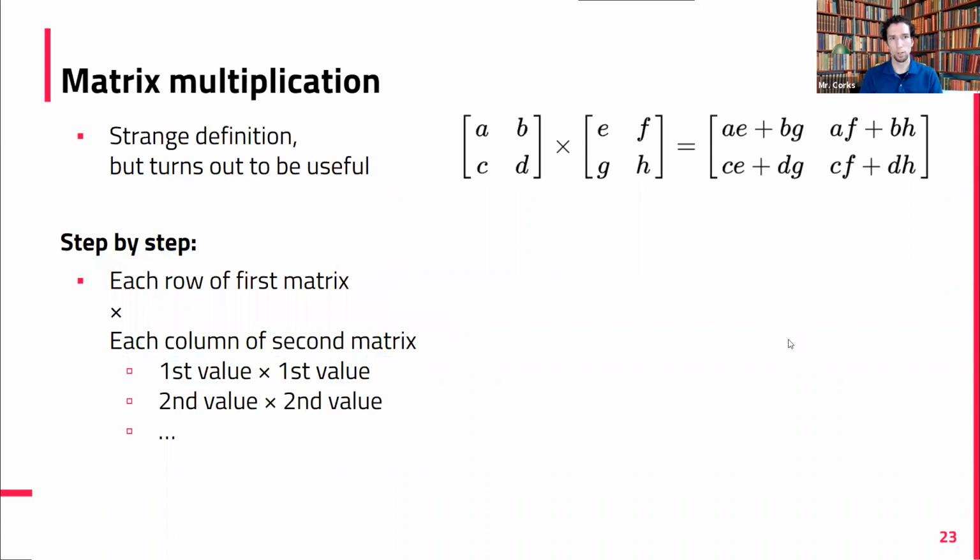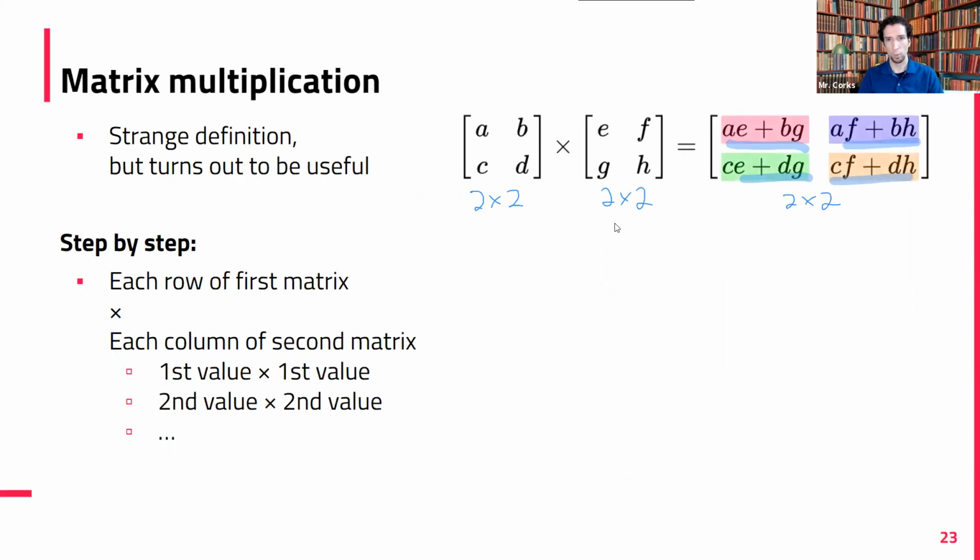So at the top, our first matrix, our example one, is a 2 by 2 matrix. Our second one is a 2 by 2 matrix. And in this case, our result is also a 2 by 2 matrix. We have 1, 2, 3, 4 positions here. They won't always be the same size, but for this first example, they are. Okay, so we need 4 positions, 4 values. We will get to them by doing this. Sorry, I forgot that I had that on the slide.